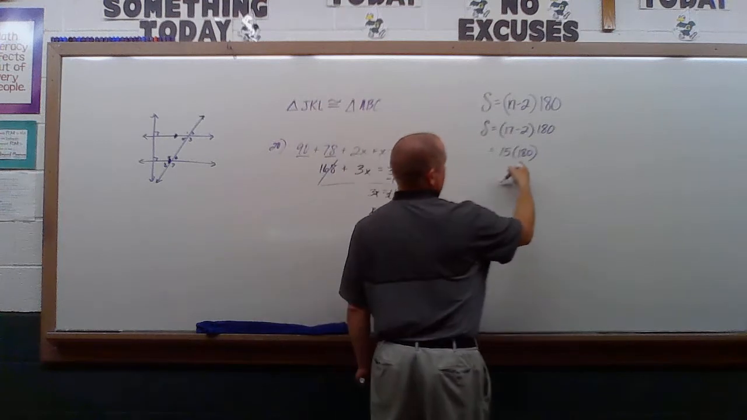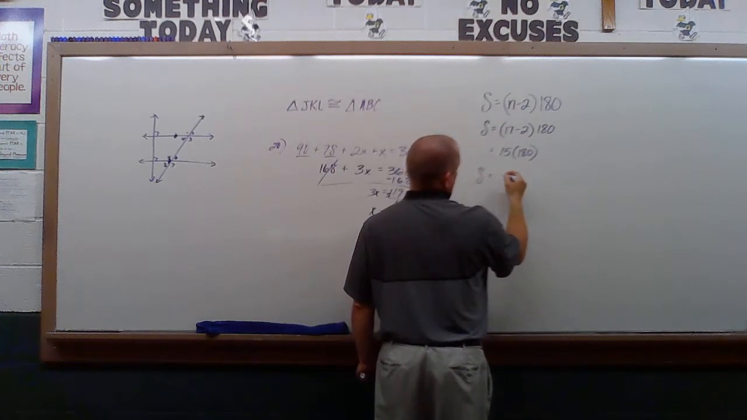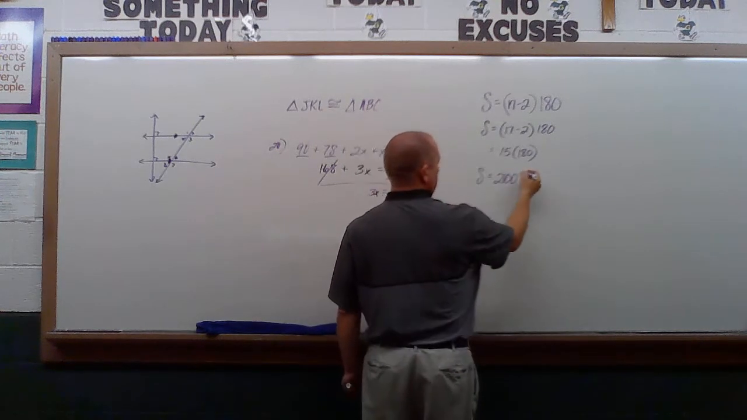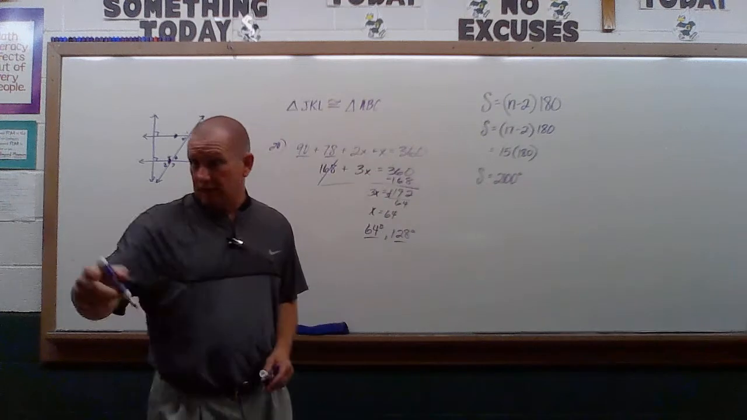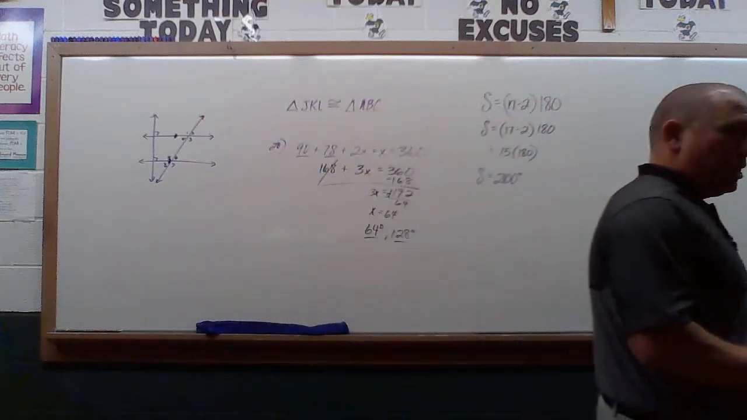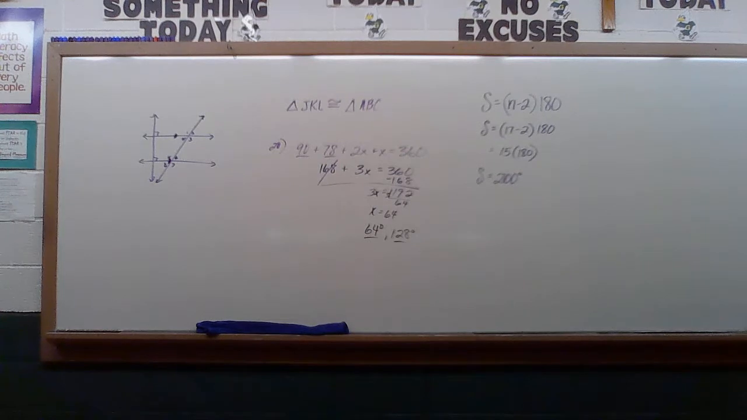So what's 180 times 15? 2,700 degrees. Yep. Don't forget your degree symbol, like I said. Now, as Caleb brought up, if they asked you to find one individual angle of a regular 17-gon,